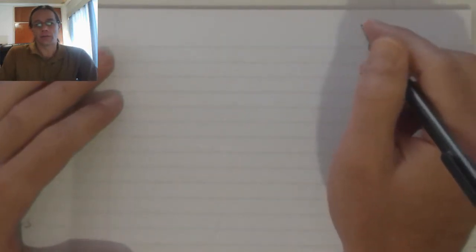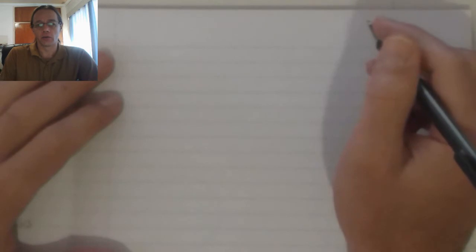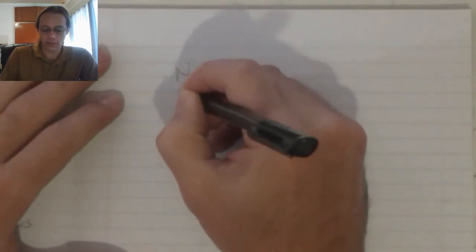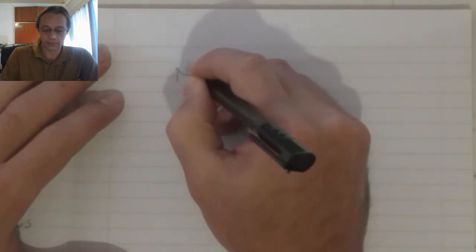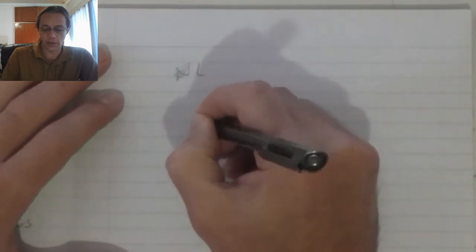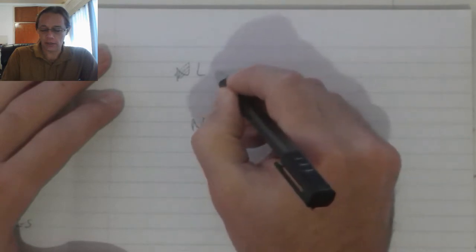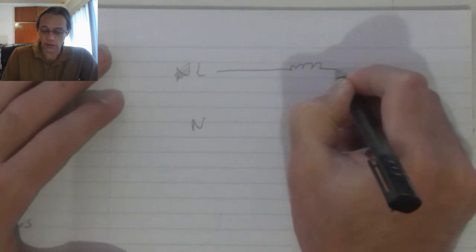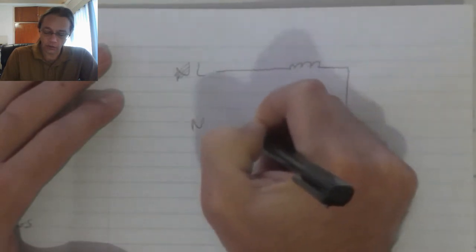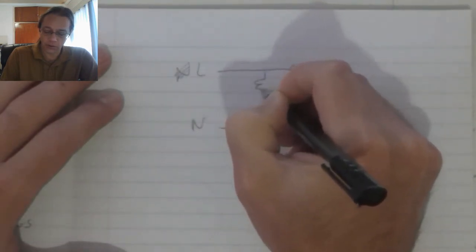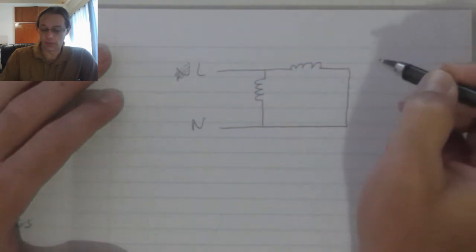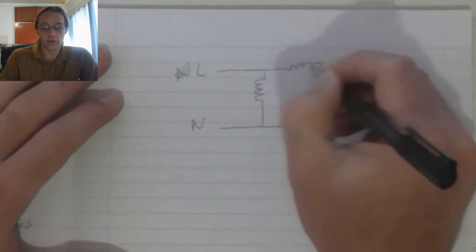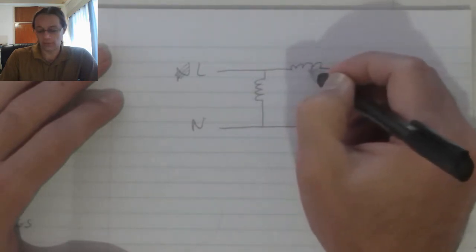In order for the induction motor to operate, it is necessary to split the phase. This is done by taking the live and the neutral connection and connecting it onto the stator windings in a way so that we've got two separate branches running. This will in turn generate two coils, and because these coils have different